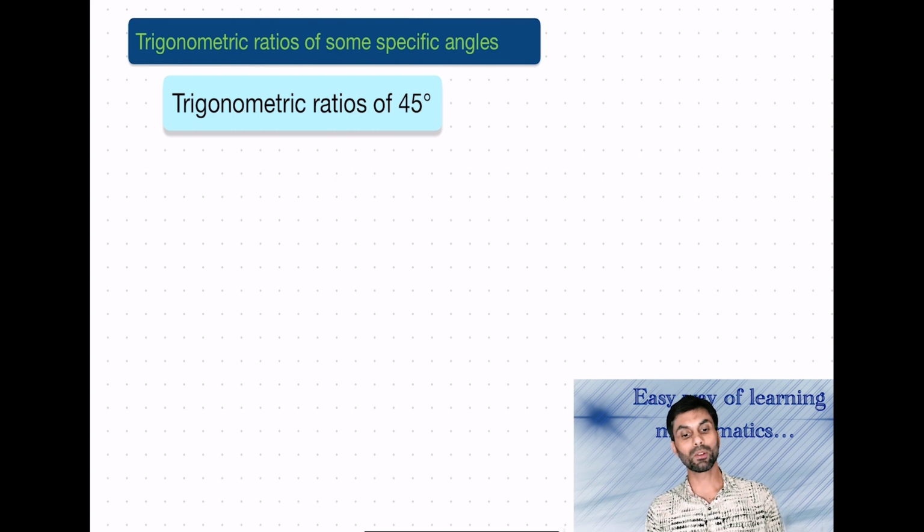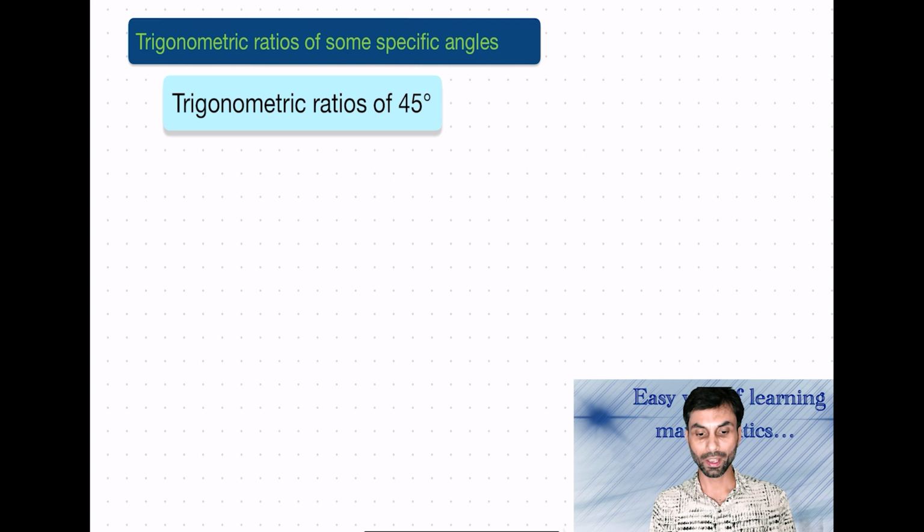Next, we'll be learning about trigonometric ratios of some specific angles, where we'll be learning the values of some of the standard angles, which will be 0 degree, 30 degree, 45 degree, 60 degree and 90 degree. So we'll be talking about first trigonometric ratios of 45 degree angle, and let's see how we can find out